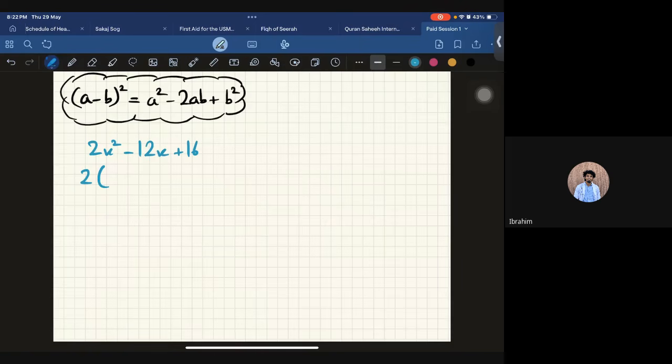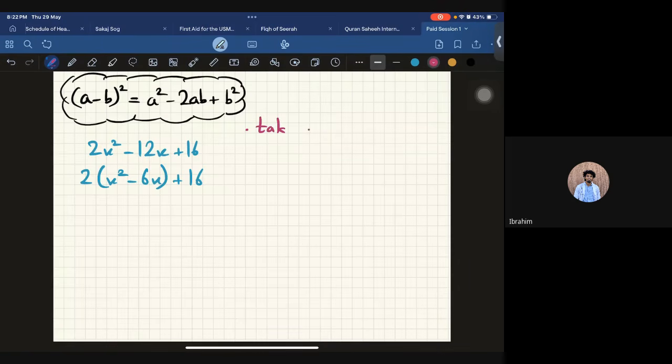If you take 2 common from 2x square, it will just become x square. And you take 2 common from 12x, it will become 6x. ठीक है, and 16 we keep as it is. So हमारा first step जो है वो हो गया